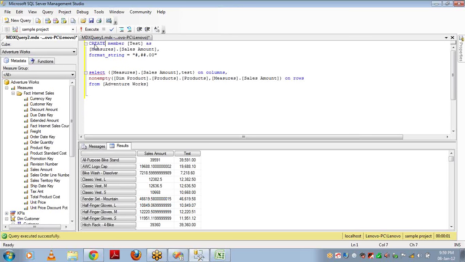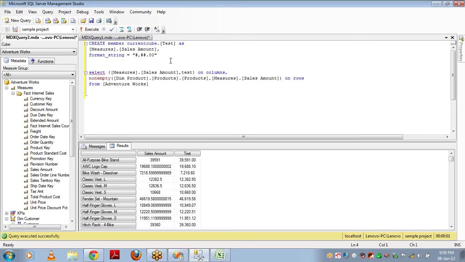I will explain the difference between writing a calculated measure using create and with. While writing create, you have to give current cube dot the calculated measure, meaning I want to create this particular calculated measure in the current cube.